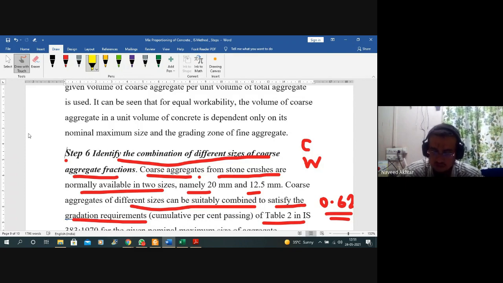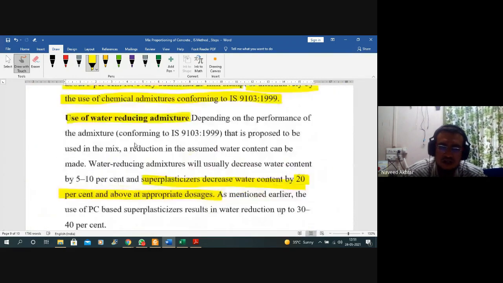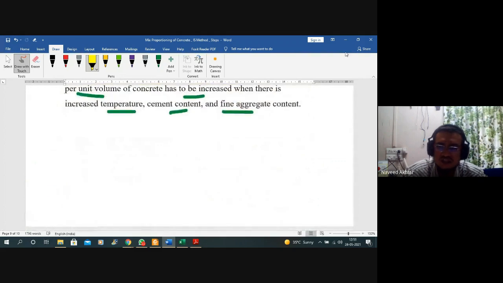Different proportion of your concrete, that is cement, water, fine aggregate, coarse aggregate, and superplasticizer. So we will get a clear picture when we solve this step by step.